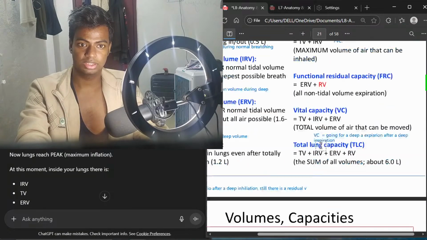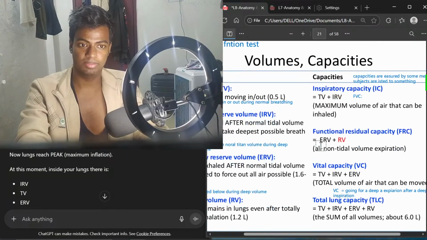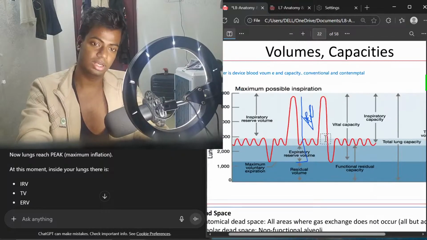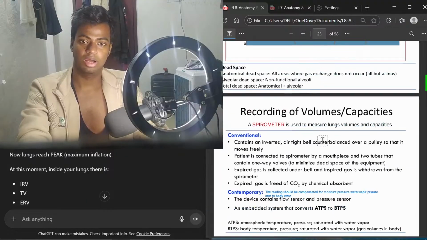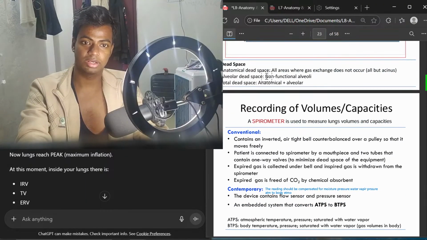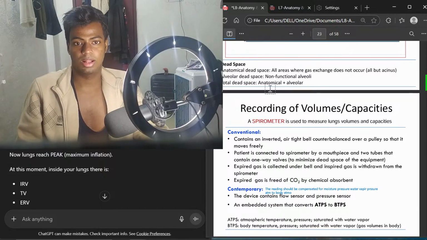Inspiratory capacity is the air that can be breathed in, tidal volume plus inspiratory reserve. Got it. Dead space: gases, all gas molecules. Okay, there is anatomical and